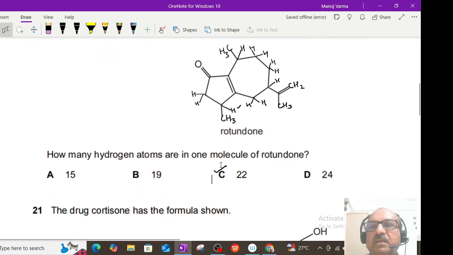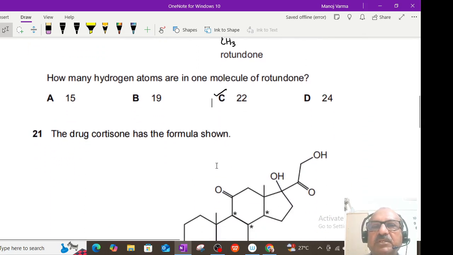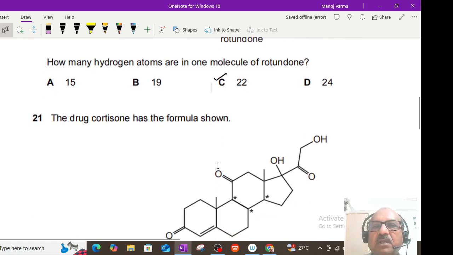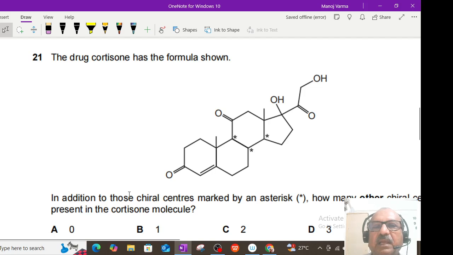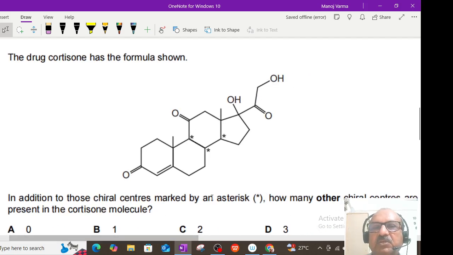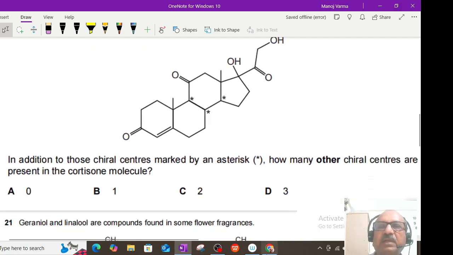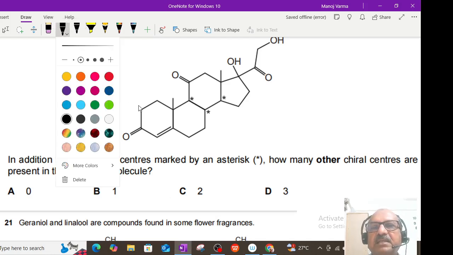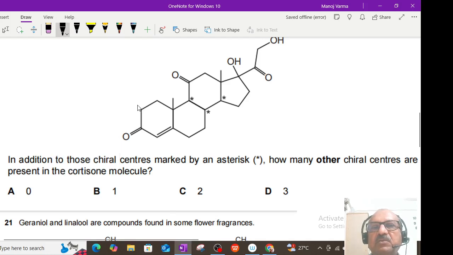Okay, so let's go on to the next question. The drug cortisone has this formula: in addition to those chiral centers marked by an asterisk, how many other chiral centers are present in the cortisone molecule? So as before, we will try to see which are the undisplayed hydrogen atoms, so that will help us to understand the chiral centers. So there are 2 over here,